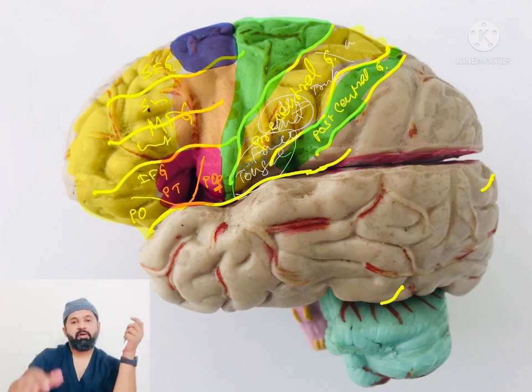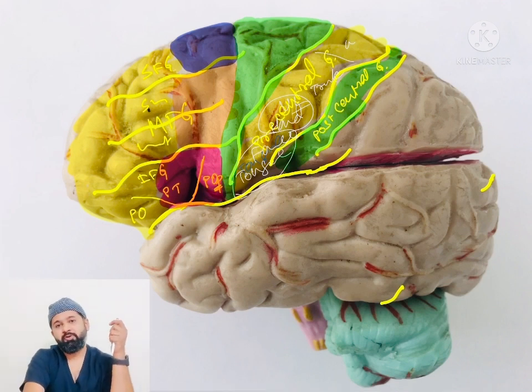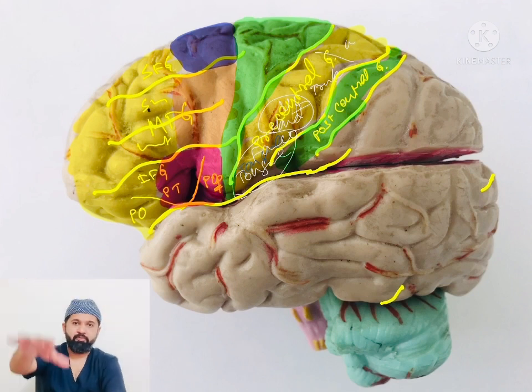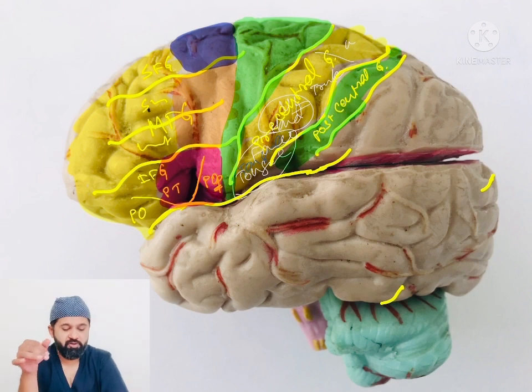So if my hand is on the table, the sensory cortex constantly knows that my hand is on the table. So next time when I'm trying to move my hand, the premotor area has to know where the hand was, and based on that information, the premotor area will decide what movement is intended, whether it has to be brought from back to the front or from side to the front. So that information is very essential in proprioception.